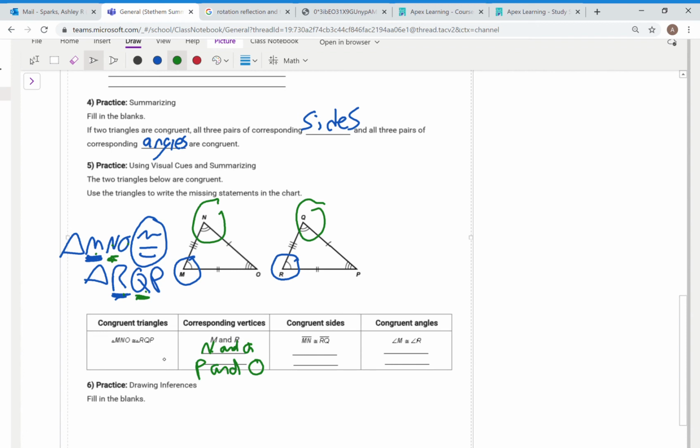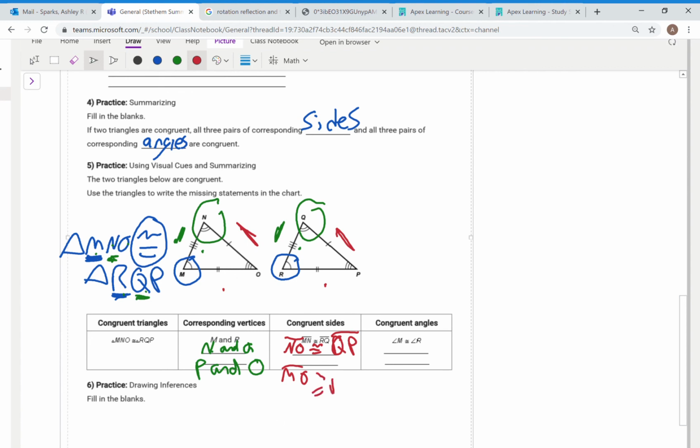Next, it wants me to do corresponding sides. They start off with M to N, which is this side, and R to Q. Well, look, that has 3 markings. This has 3 markings. That's all you got to do. So if I want to do my next one, I do N to O. So that'll be this side. So I'll write that in, N-O. What does that match with? It has 1 marking. The one with 1 marking over here is Q to P. And then you would just do your last side, which is the one with 2 markings. So that is M, O,